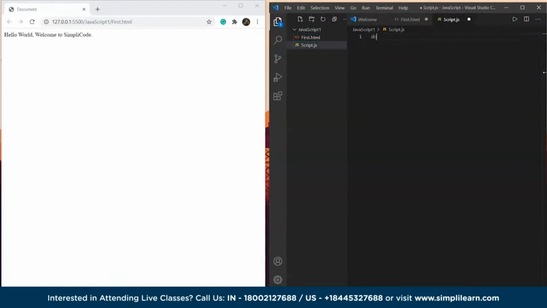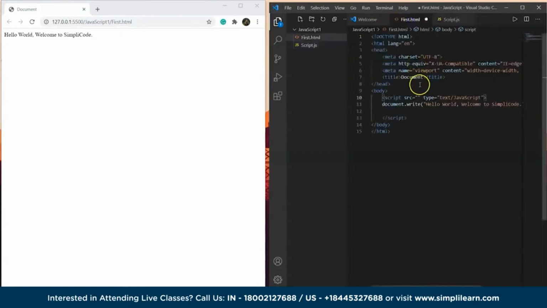So here we will write document.write, and any text you want to write here. Hello world, welcome to SimpliLearn. We will save it. The moment we save it, there's something wrong, I guess. Okay, we have not given the source code of that JavaScript. So here we will have to give the name of that file. It was script.js. The moment we save it,